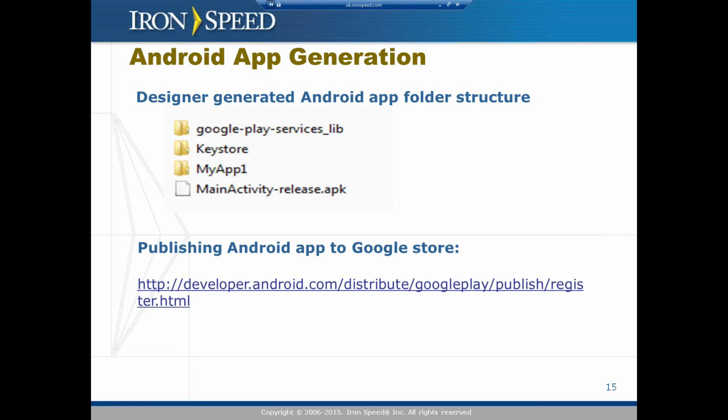Deploying an application to the Android app stores is an extremely simple process, I have found. You go to the URL, you create your account, and as far as I remember, you also need to pay $25 once in order to submit your applications. But you can submit as many applications as you want once you pay that fee. Then there are certain properties that you need to set, like what category your application comes under. There are very few properties that you need to pick, and then they will give you a chance where you